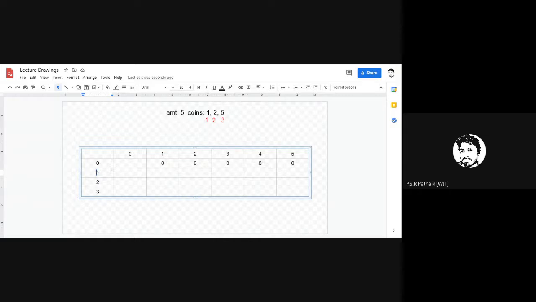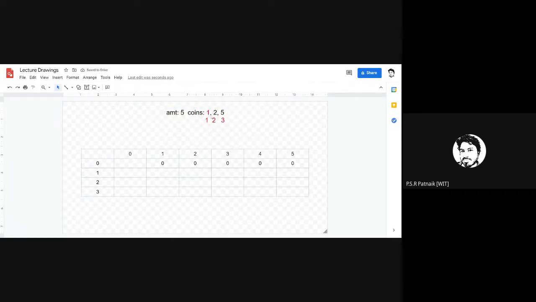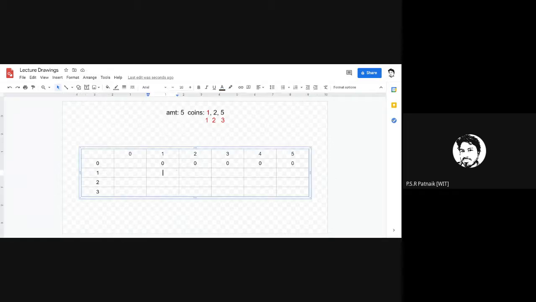Using all the coins available till index 1 means how many coins am I considering? I'm just considering coin 1. Let me highlight this in red color for the time being. So the coin under consideration is 1. In how many ways can I realize amount 1 by using this?